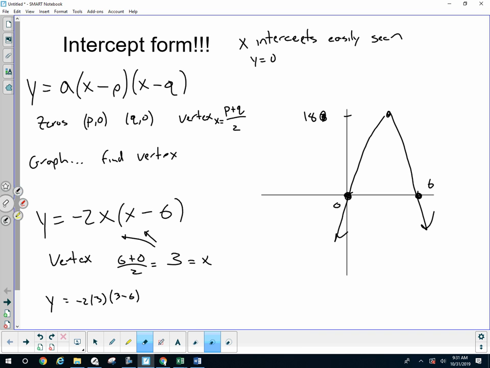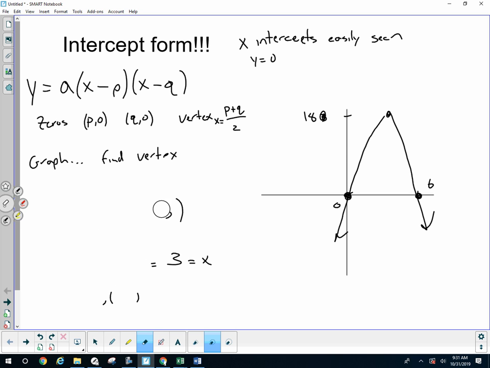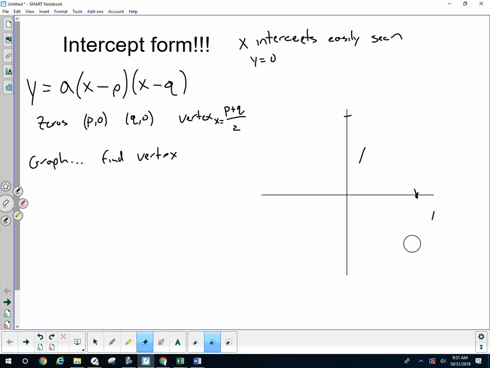Okay. That should cover graphing. That should be easy. The vertex is at the average of your two zeros. I believe on your quiz, none of the vertex x-coordinates are going to be fractions. So you always see something like,